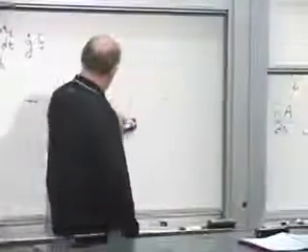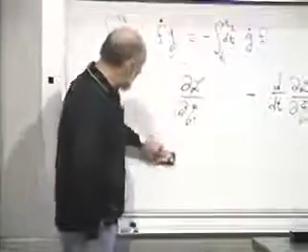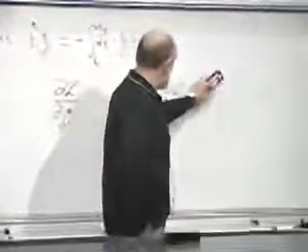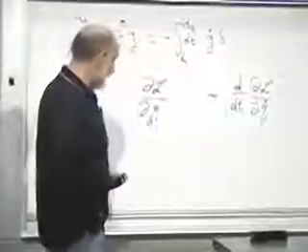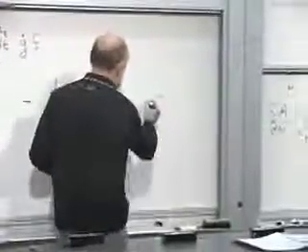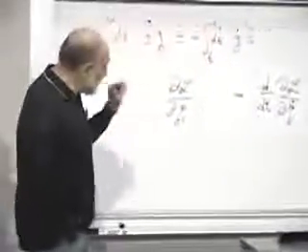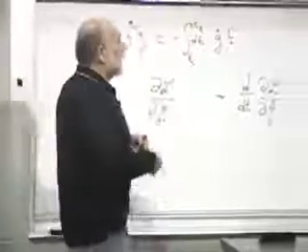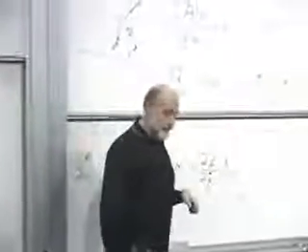For each i, at every point in time, ∂L/∂q_i minus d/dt of ∂L/∂q_i dot has to be 0 all along the trajectory. This has the form of a local equation at each point on the trajectory. It's equivalent to the global statement that the action is minimum.